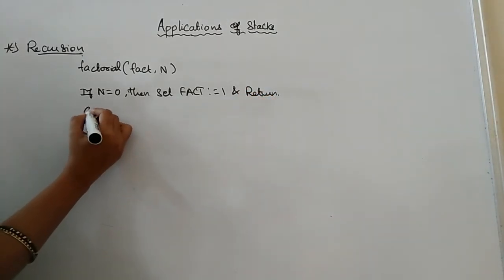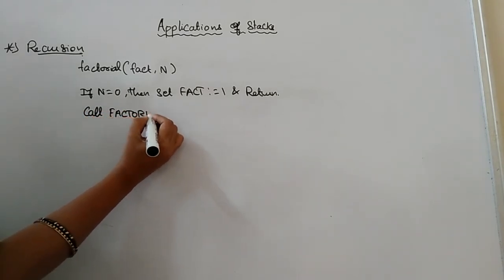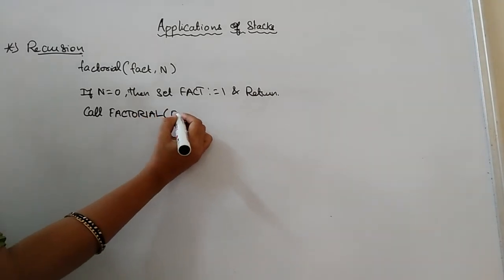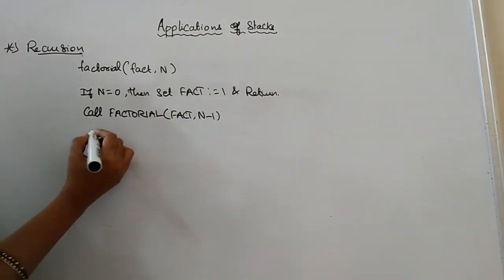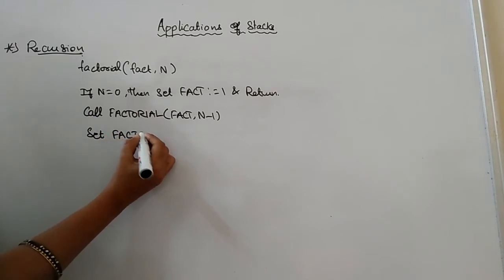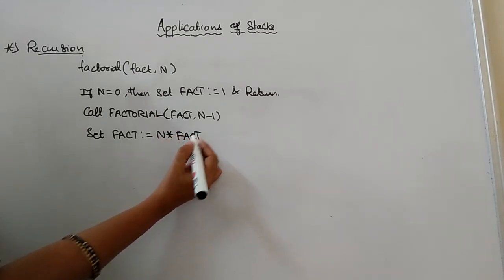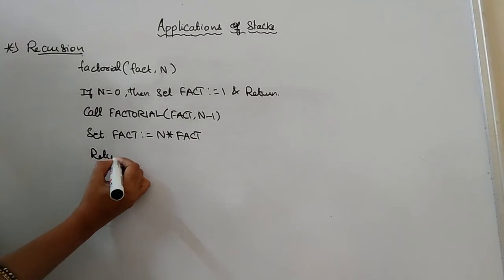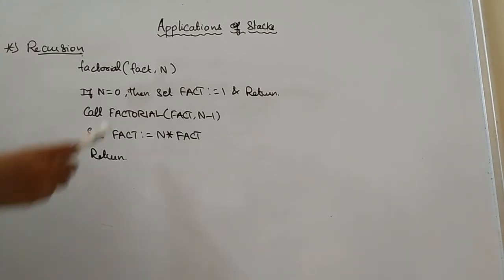Next, call factorial of fact comma n minus 1, then set fact := n into fact, then return. So you just see here, factorial is a function in which we are going to pass